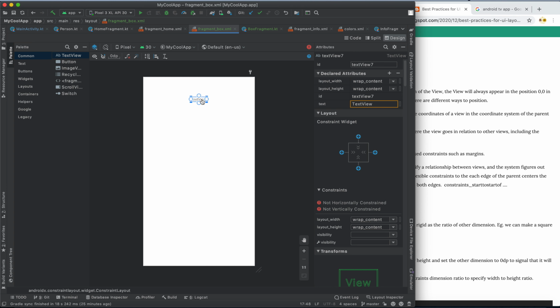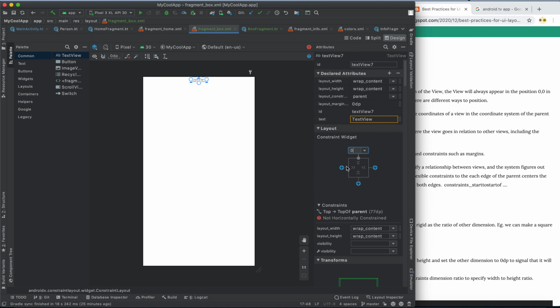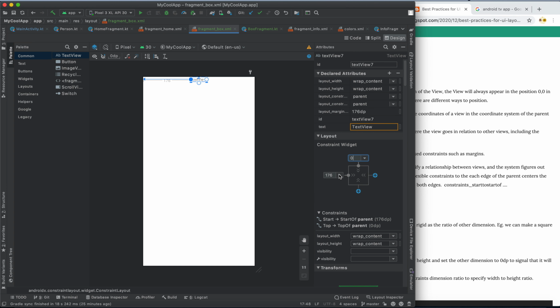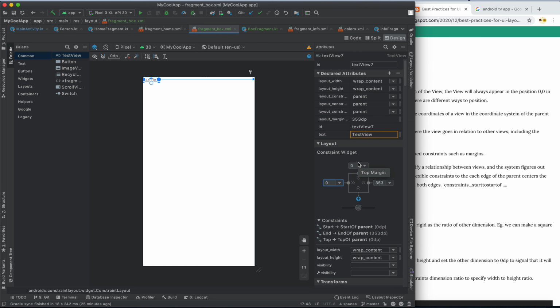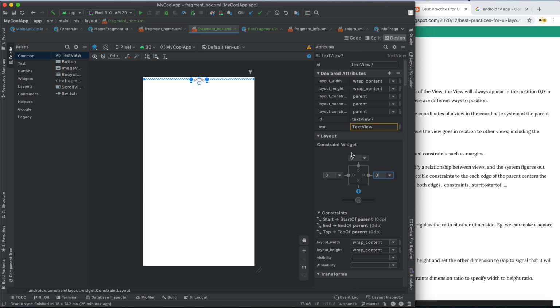This constraint layout has four directions, and if you see, the constraints are not being set. So how do we set the constraint? You can set the constraint this way. If you set a constraint like this, setting it to 0, that means it's aligning to the parent. Like I'm setting it to the parent,